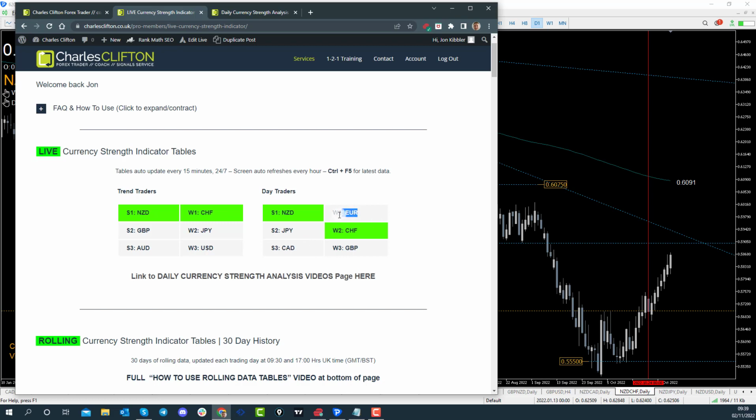And then at the top of the day traders weak side, we have the euro, followed by the Swiss franc, followed by the pound at W3. So starting to see a little bit of a switch up on the lower time frames. We're seeing that the yen is starting to strengthen again. We see the euro come from the sort of strong side into the weak side of things. We've got the dollar, for instance, as well on the weaker side, which is quite interesting at the moment